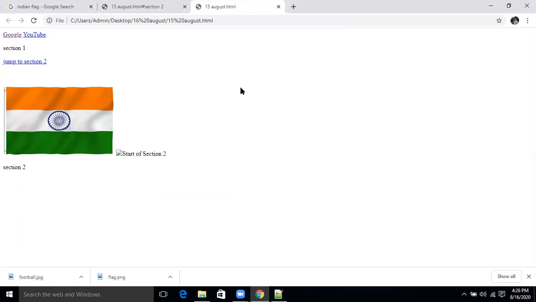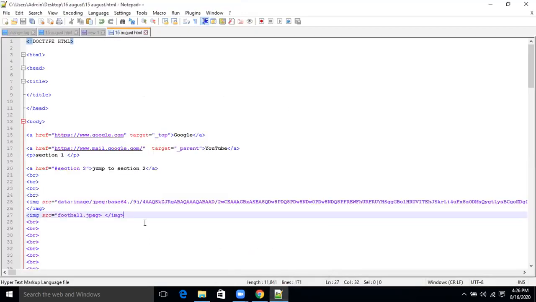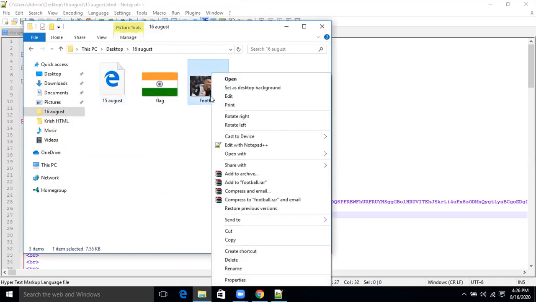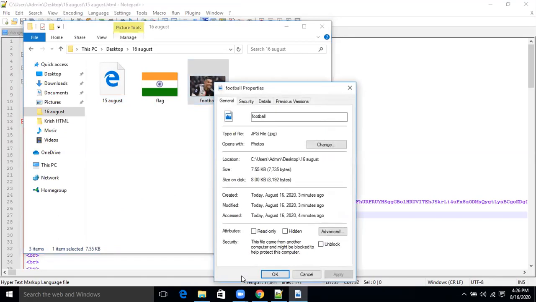Go back to your code. Go to your folder and right click the image that you downloaded. Go to properties. Just copy this football name again. Hit cancel. Copy.